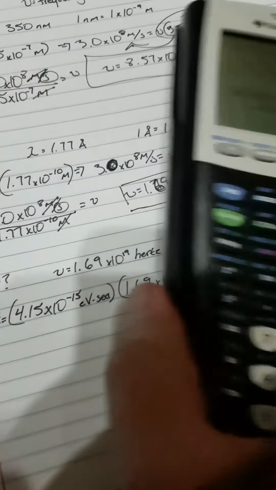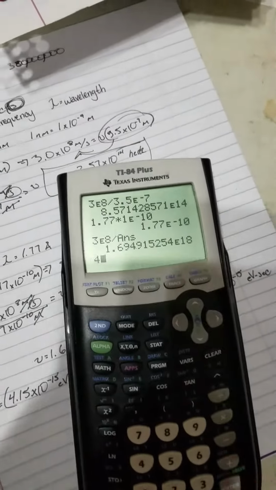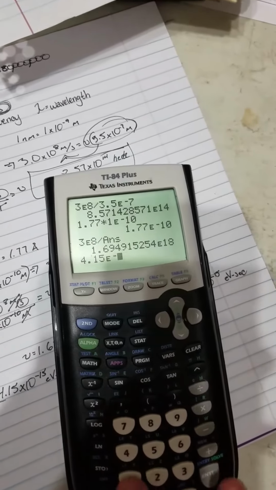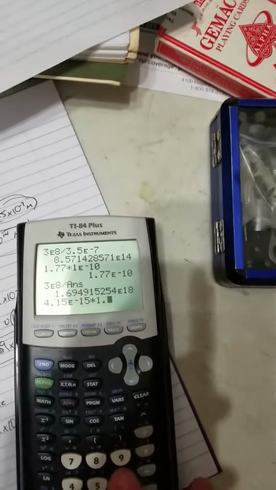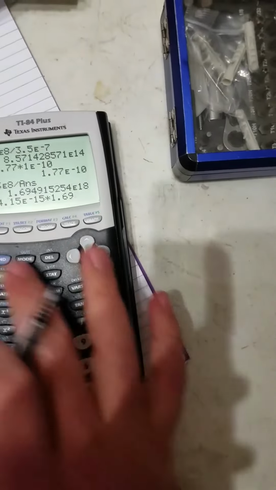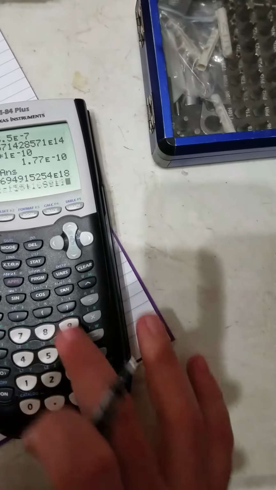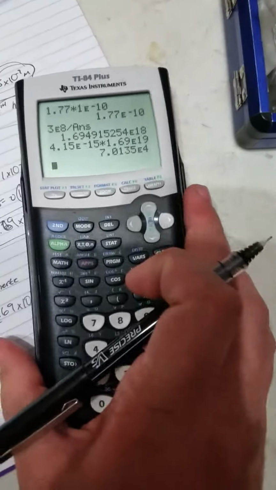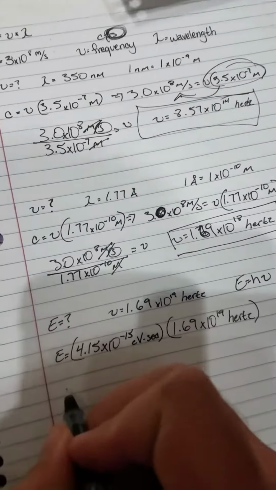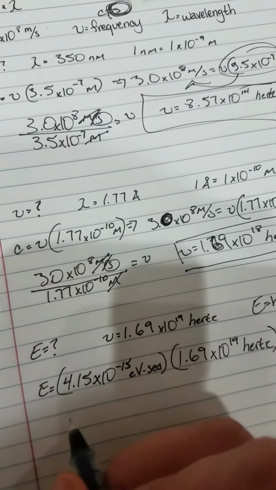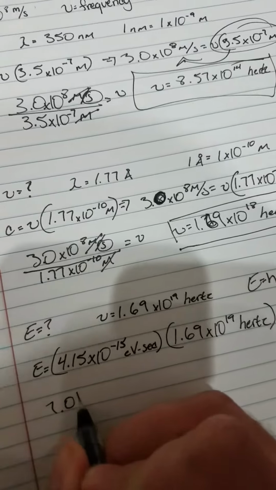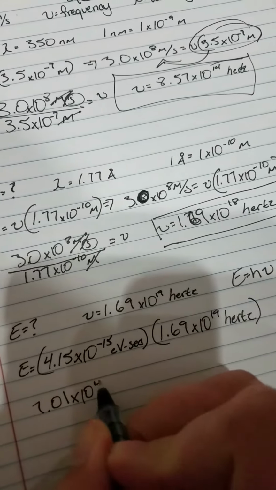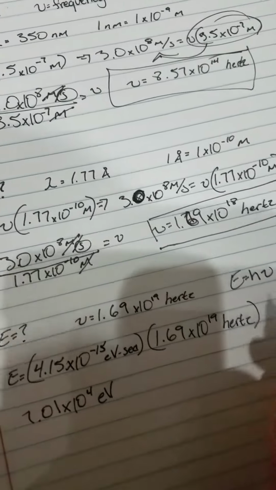So now you come over here to the handy dandy calculator. Once again, 4.15 times 10 to the negative 15 times 1.69 times 10 to the 19. And that gives you 7.0135 times 10 to the 4 electron volts, because that's what it's going to be in. 7.01 is what we're going to round it to, times 10 to the 4 electron volts, but we're looking for